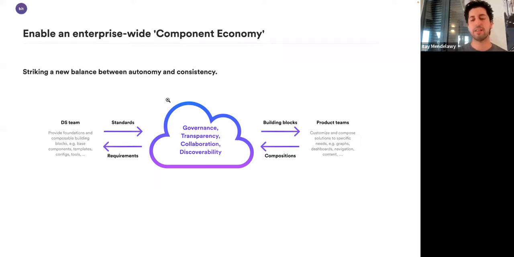And just providing the building blocks, starting small with the minimal amount of things they need to provide, and even growing horizontally to support more use cases. So, for example, if we ever decide that there is a need in our organization for a standard to build more graphs, maybe the design system team can then create a new domain for the design system with just basic graph elements.